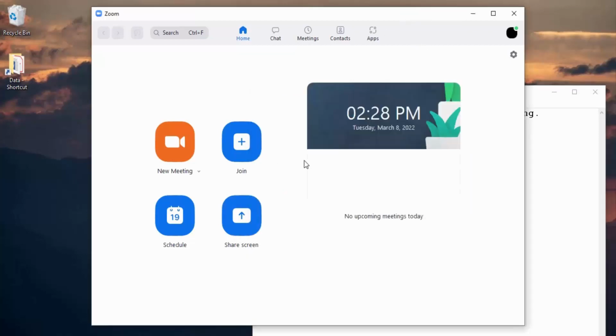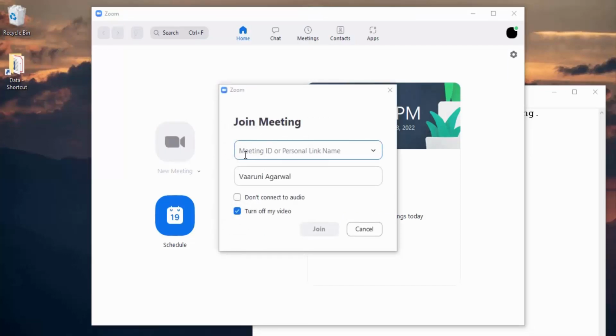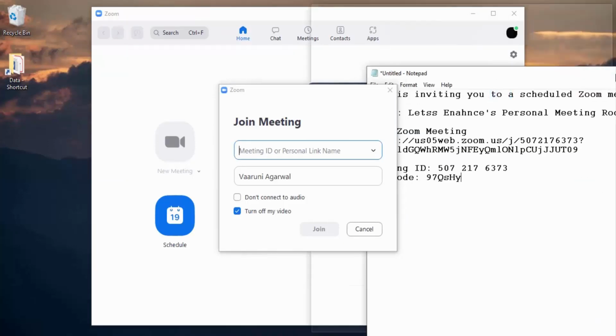So this is the Zoom app that I have opened up on my PC. When you want to join a meeting, you can just click on this plus icon that lets you join a meeting. As you can see, it asks for a meeting ID or a personal link name. So I'm just going to go here,